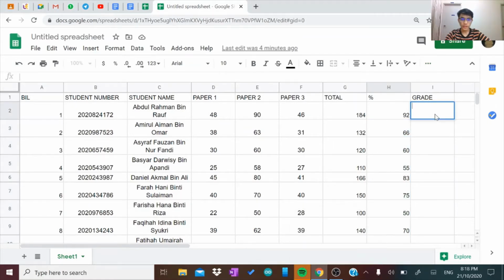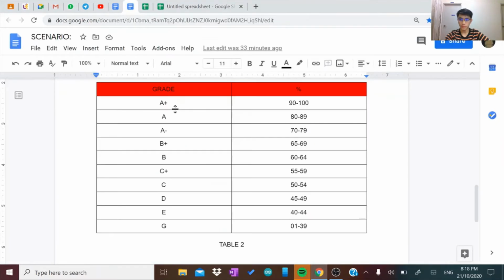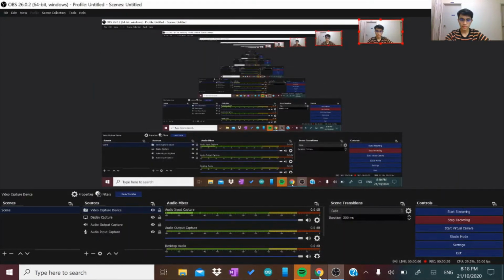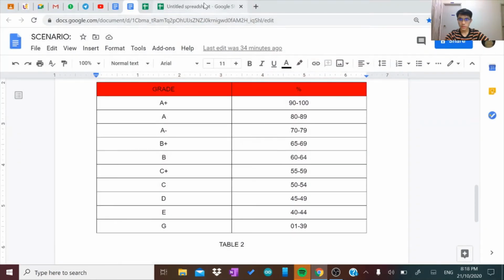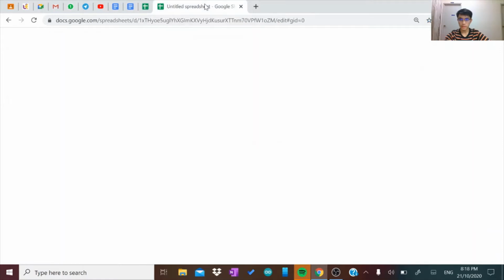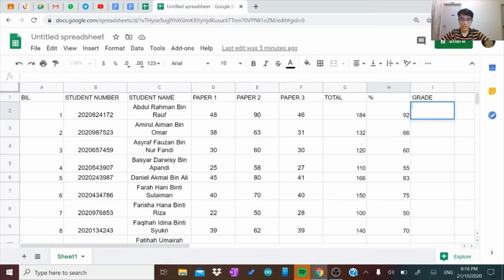So in order to determine each student's grade, we have to refer back to the data from table 2, which says that if the student receives 90 until 100 percent, she or he will receive an A plus grade. So you just go to this spreadsheet again and type this symbol,